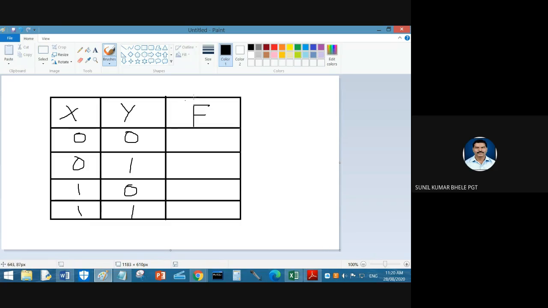So you can see, where is the even number of 1s? You can see in this case only, even number of 1s. This case also you can consider, because no 1 is there, which means there are an even number of 1s. So this case will also produce 1, and this case will also produce 1. All other cases will produce 0. So this is the truth table of exclusive NOR gate.